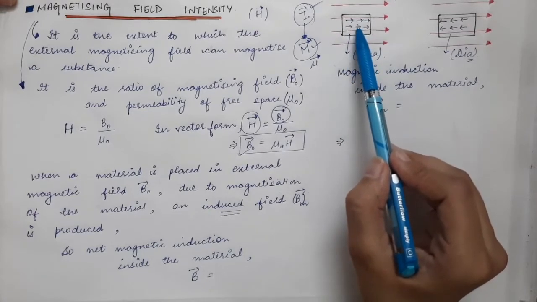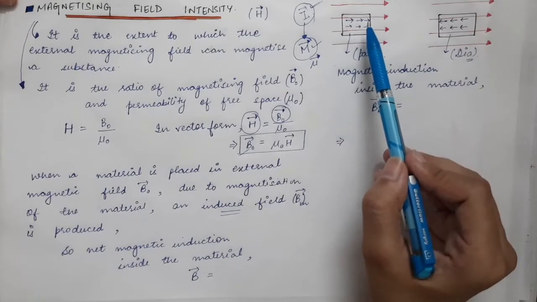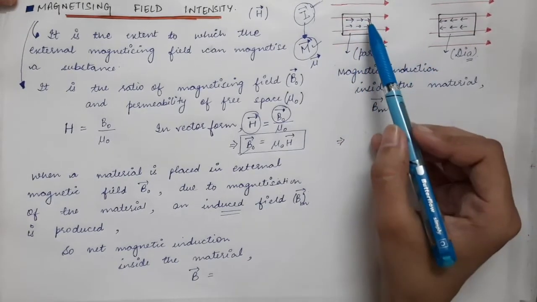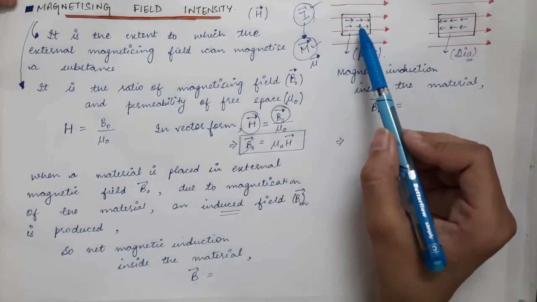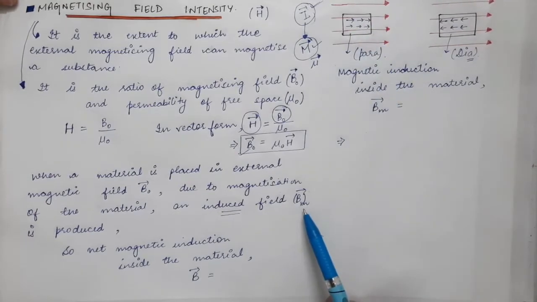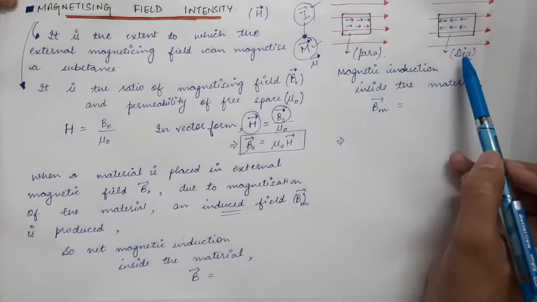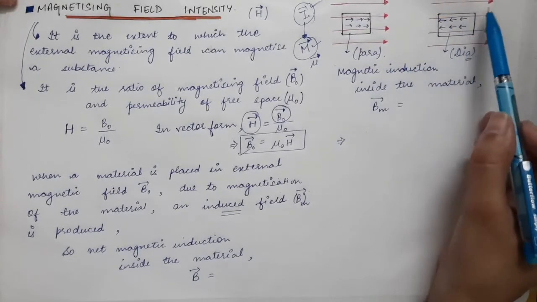So the material got magnetized, meaning there was a production of magnetic field inside that sample. So what will be the total magnetic field inside the sample? The total magnetic field will be equal to B naught plus Bm in the case of paramagnetic substance, whereas in the case of diamagnetic substance, the net magnetic field inside the sample will be B naught vector